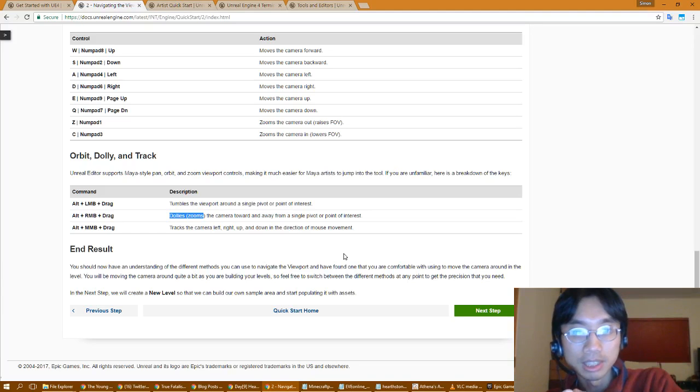a simple area and start populating it with assets. All right, good. Next step,